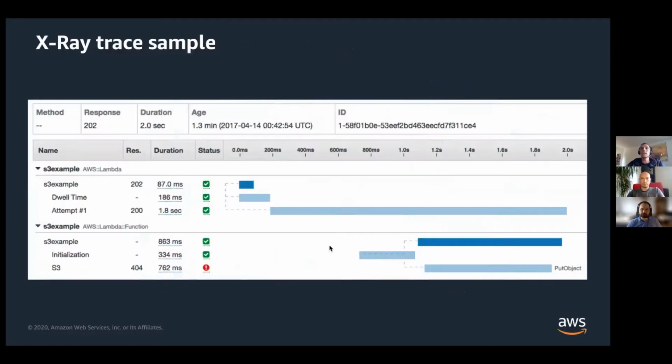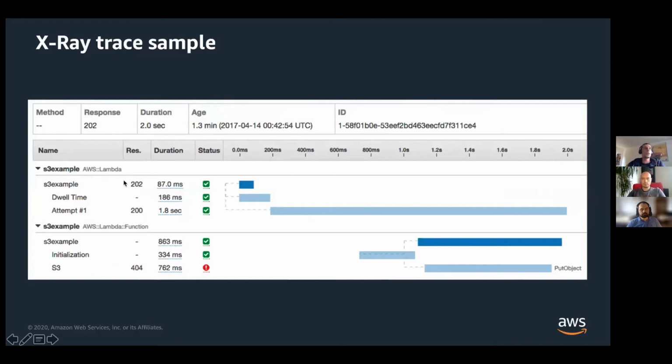So here is an example of a trace going through a Lambda function, which is a simple compute service that can hold your business logic, and getting an object on S3, which is our object storage solution, where you can store files basically.